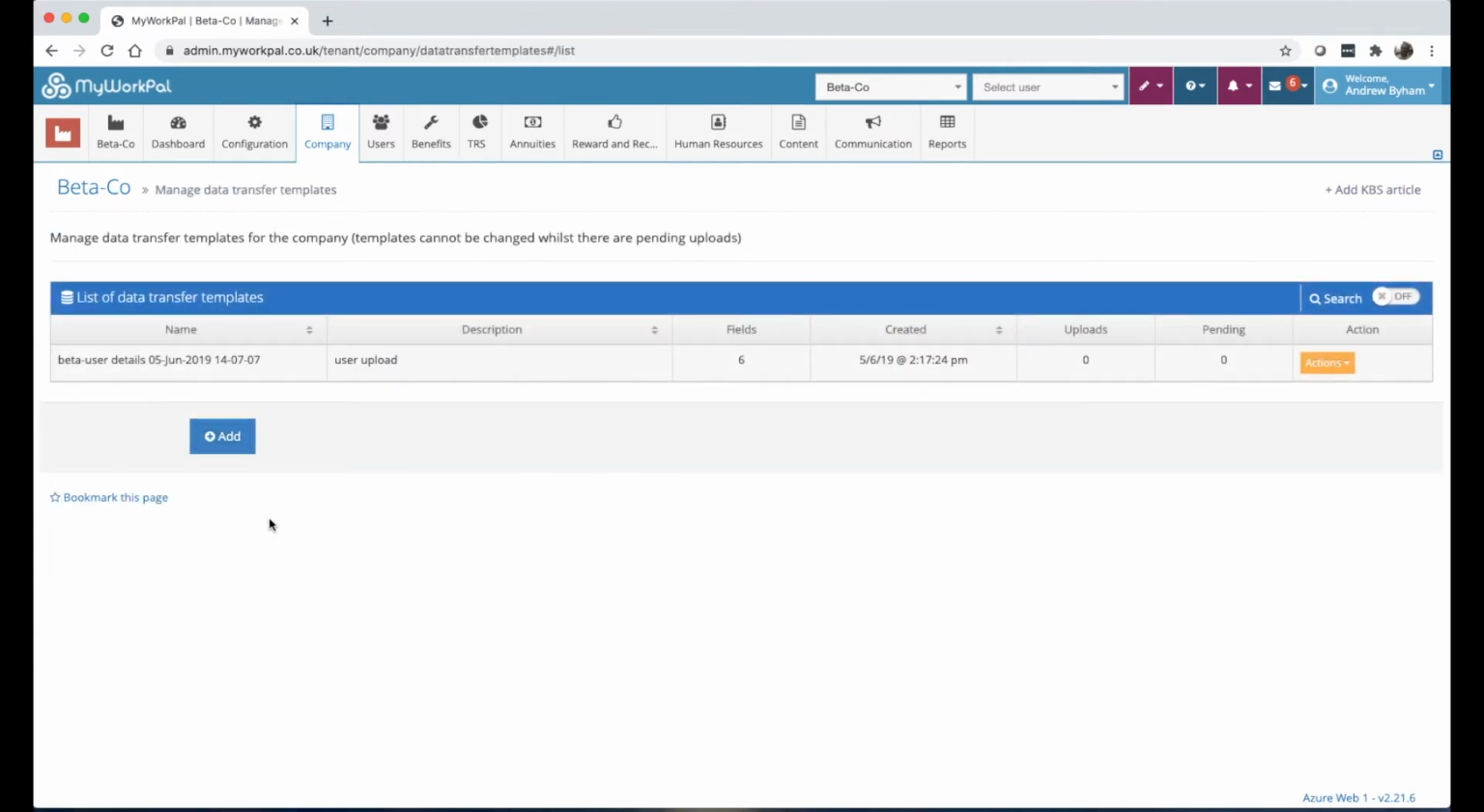This is where you can create your own, match your own spreadsheet to upload data into the system. So if you have an HR file of user data, you can map the columns in your spreadsheet to areas of data on the system, and that can include personal employee details, address details, and any of the metadata fields as well. And this, importantly, data transfer templates allows you to set the key that identifies each user as